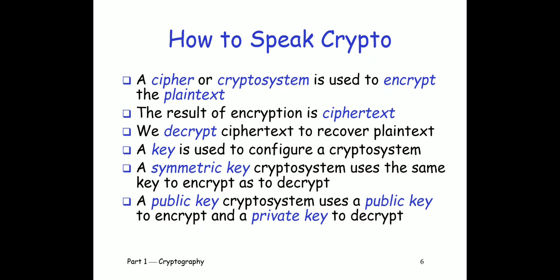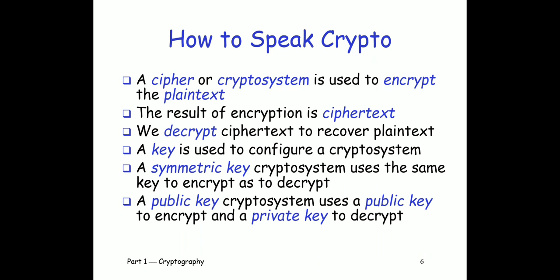A cipher is basically the encryption of the plain text, and the result that is generated is known as ciphertext. And when we decrypt a ciphertext, we convert it back to plain text, and a key is used to